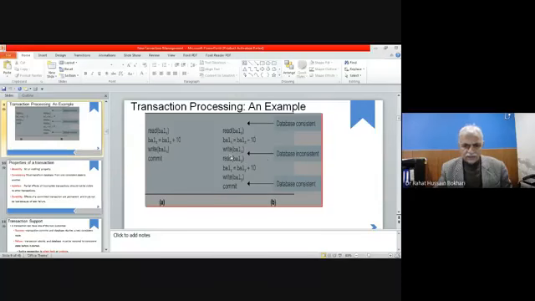Here, if another transaction is doing that, when I say balance is equal to balance plus 10, at that moment the other transaction has also read the balance and says balance is equal to balance minus 10. Here he has added and here he has subtracted. If they are not executed in order, there might be some sort of problem, some sort of inconsistency.